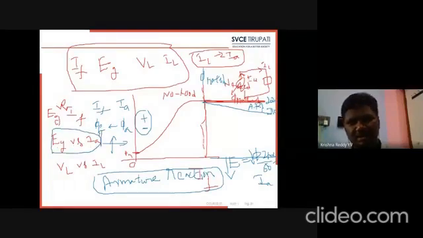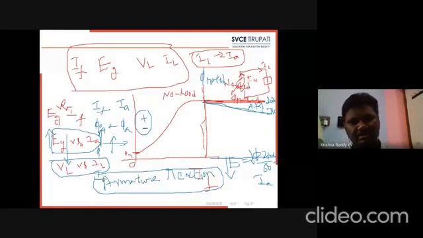As the armature current increases, what happens to the induced EMF? As the armature current increases, flux distortion increases. Flux distortion increases means the rated flux applied to the armature winding decreases. As the flux decreases, the rated voltage decreases from 220 volts to 210 volts. This is the internal characteristics of the DC generator. After that, we need to get the external characteristics. Here both the load and armature windings are connected in series. That's why IL equals IA, so VL versus IA is also the same, because IL is equal to IA.